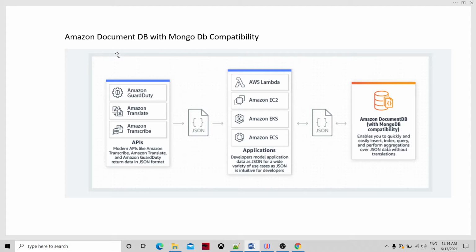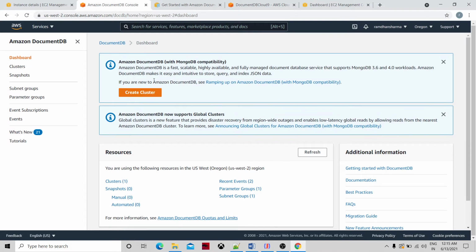So today we are going to do hands-on exercises using Amazon DocumentDB with MongoDB compatibility. We are going to create a Cloud9 environment, which gives us the AWS CLI, and through that we are going to create the MongoDB connectivity with Amazon DocumentDB. So let's go ahead and see in the Amazon Management Console what we have. Currently I have created everything, so I will give you the instructions for how we are going to create everything from scratch.